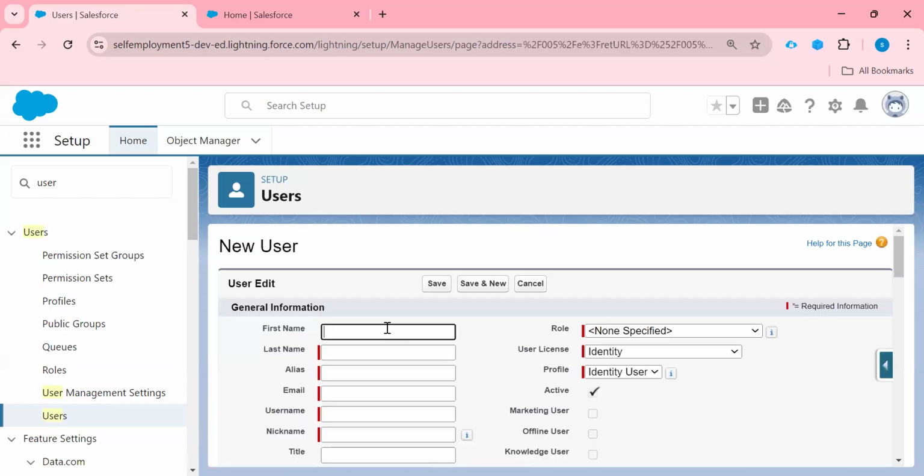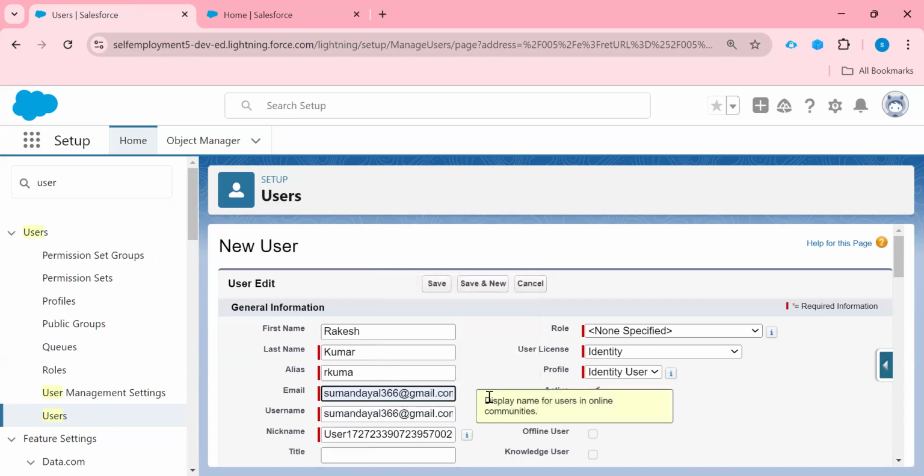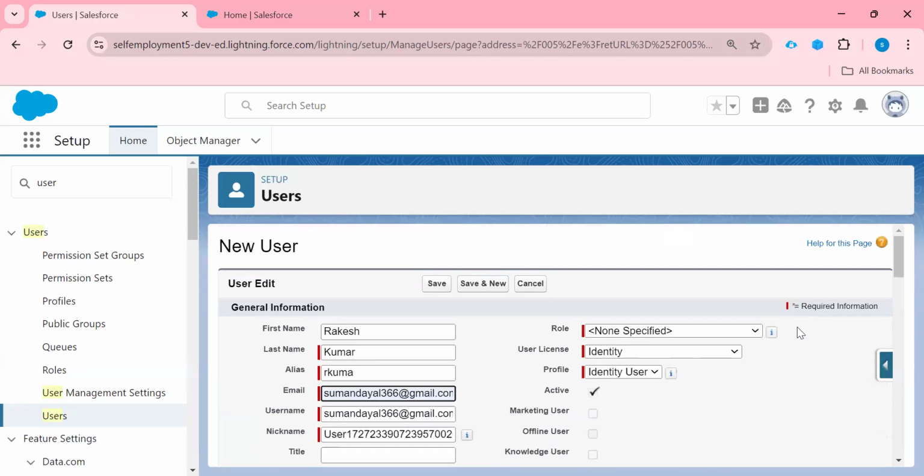So for the first name I am giving Rakesh, right? Last name I can give Kumar. Okay, email I can give this, right? And these are optional.